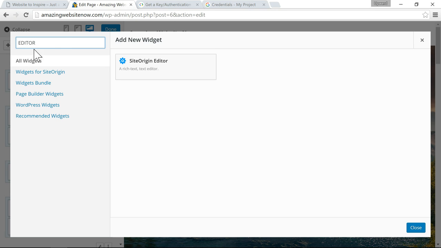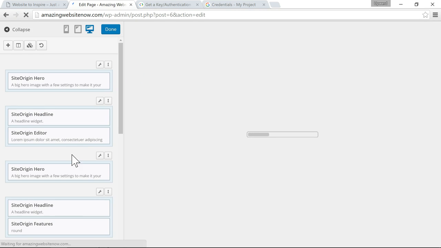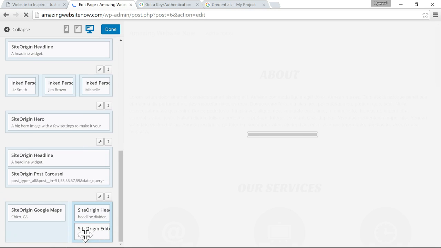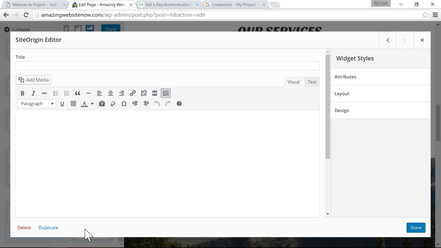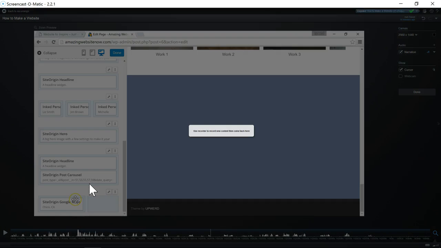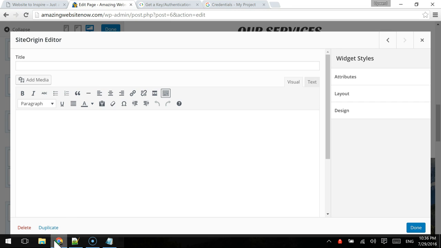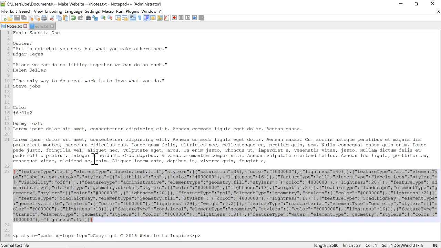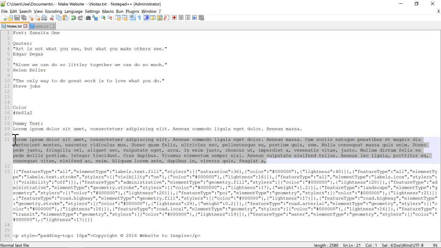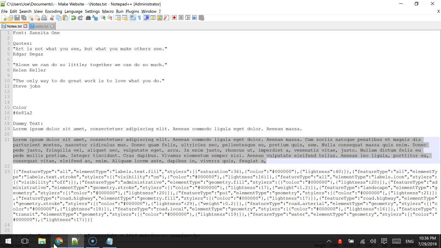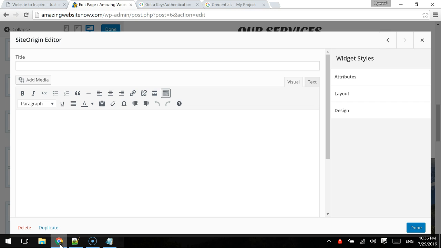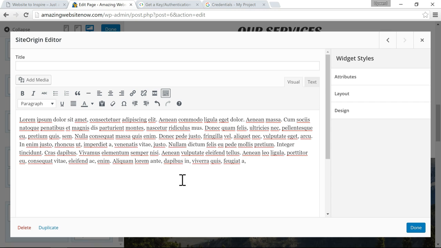And then select the Site Origin Editor widget, and scroll down on the left side, click here to edit the Site Origin Editor, and then go back to my notes, and then I'm going to copy this lorem ipsum text, and then go back and paste that in here. Then just enter in your address,